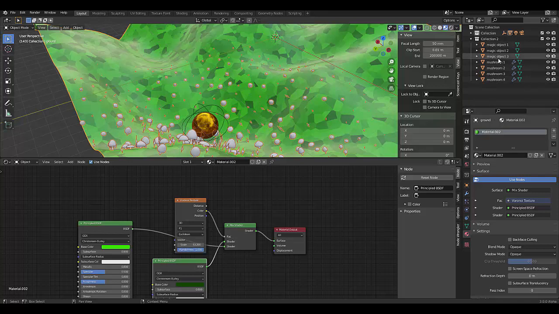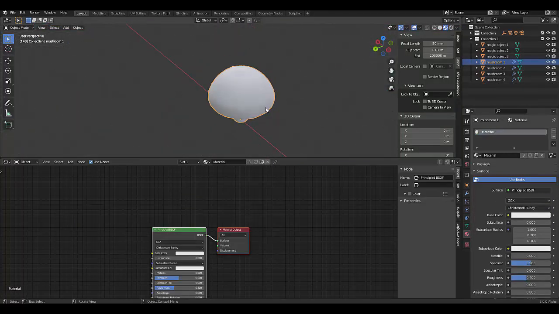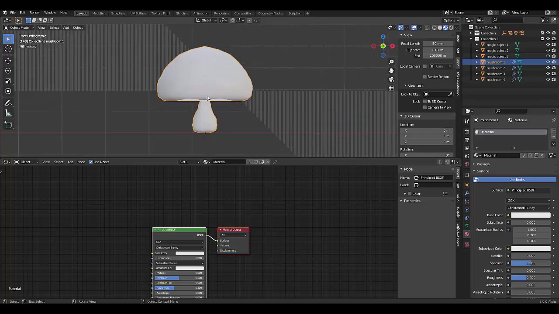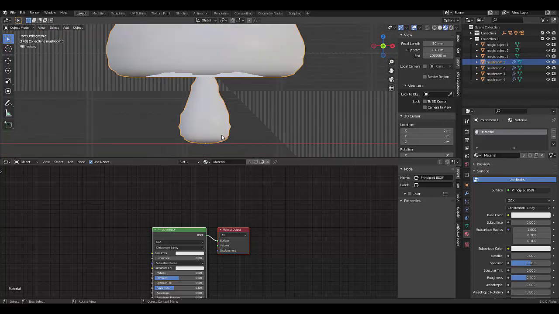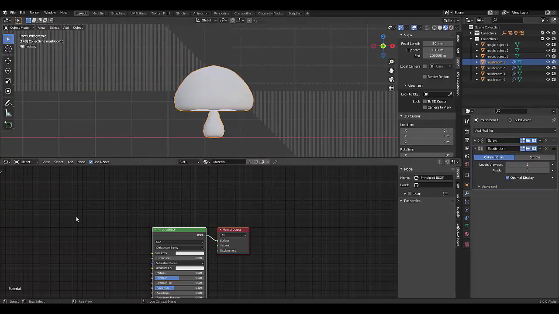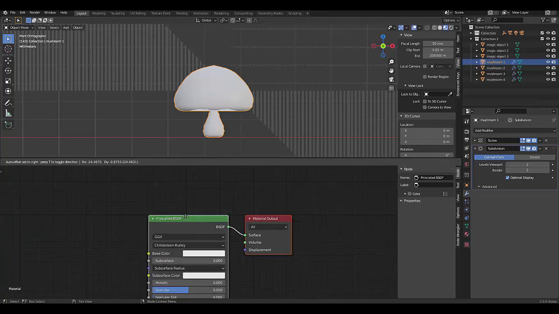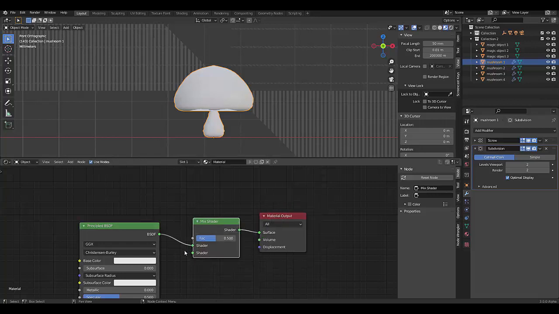So let's go to the mushrooms. Select the mushroom. Yep, numpad 1. Okay, this is the first mushroom. All right, so let's give this a material. So the first thing we want to do is make it a hologram. So we press Shift A, shader, mix, connect,